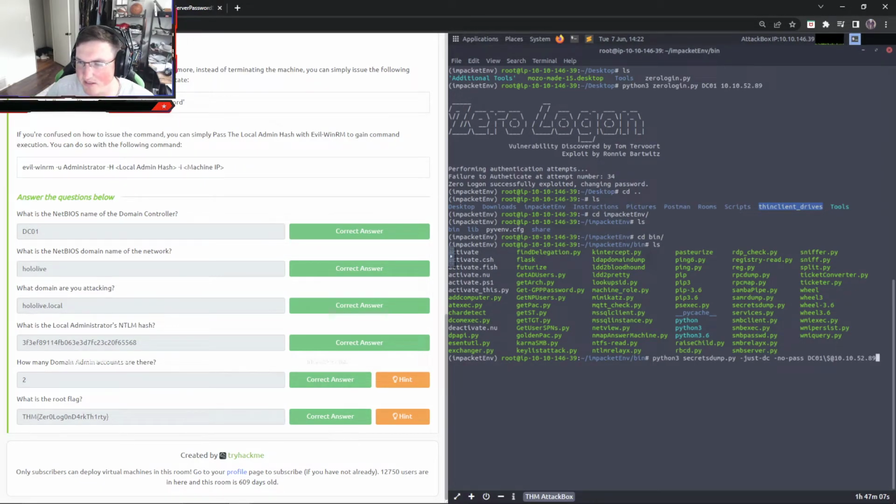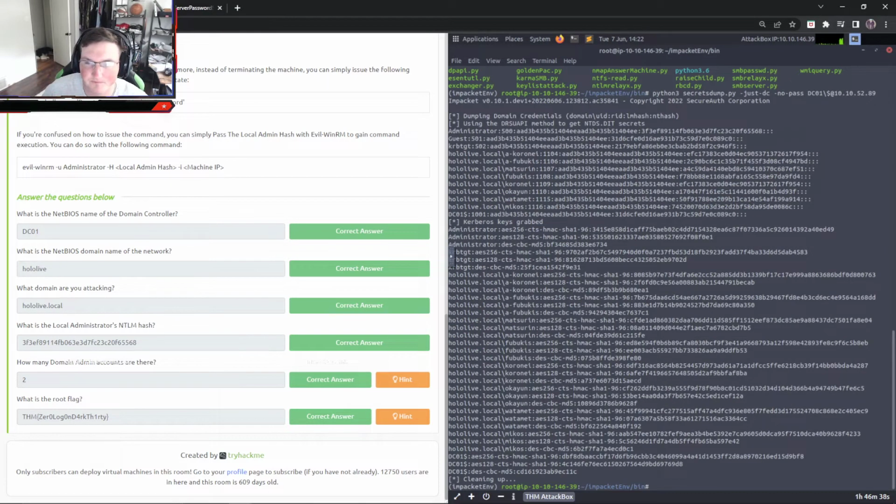You can see right here, secretsdump.py, and we used a couple of flags here, just-dc, so we just want the domain controller, and -no-pass. You need to use those. You can actually just run secretsdump and look at the help menu and see why. It's pretty self-explanatory. And then you need to do it in this format. DC01 is the actual NetBIOS name that we're looking at, and then the $@ for 10.10.x.x, whatever your IP address is.